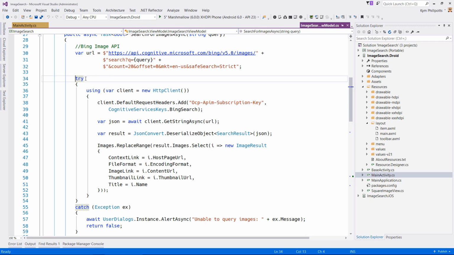Inside of here, we're creating ourselves an HTTP client. We're configuring some headers, which is just something you need to do for the Bing image search. Then we're using that URL and calling off with the HTTP client to get our string back, which is going to return our JSON result. We then deserialize that JSON result using JSON.NET, and then we put those results into our images collection, which is ultimately what populates